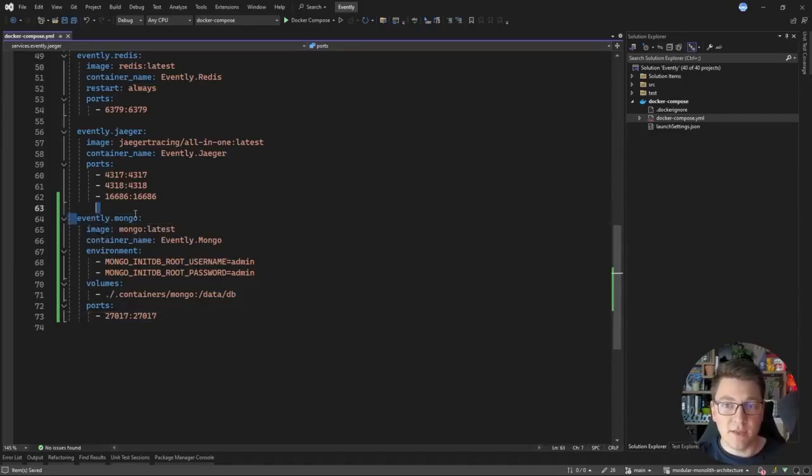I gave this service a name of Evently Mongo, following the existing naming convention that we already have, and we are going to run the latest version of the MongoDB image. I gave this container a name of Evently Mongo, and then I'm setting up some environment variables, which are going to be the username and password of the root user inside of the MongoDB database. I'm also configuring a respective volume that will be persisting the data for this container. And then I'm exposing MongoDB locally on the port 27017, which is also the default internal port inside of the